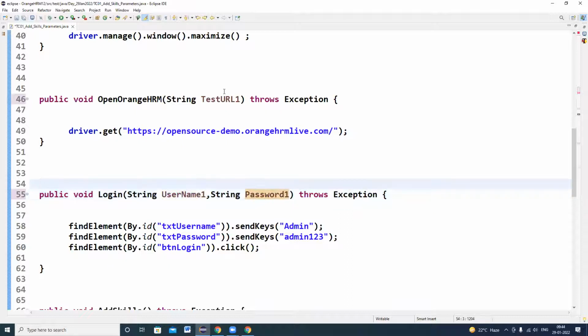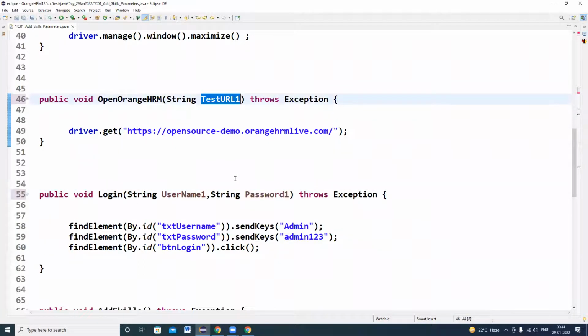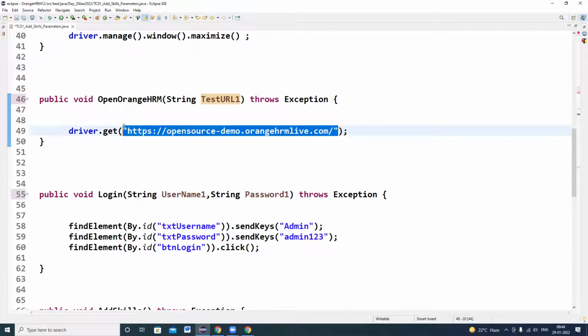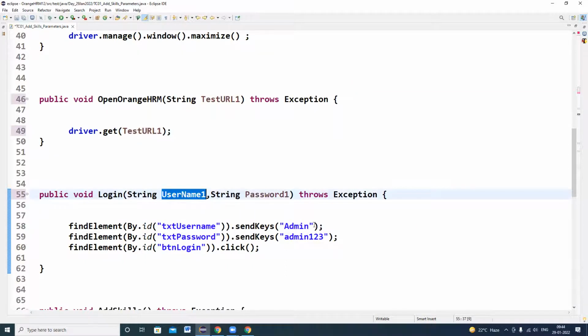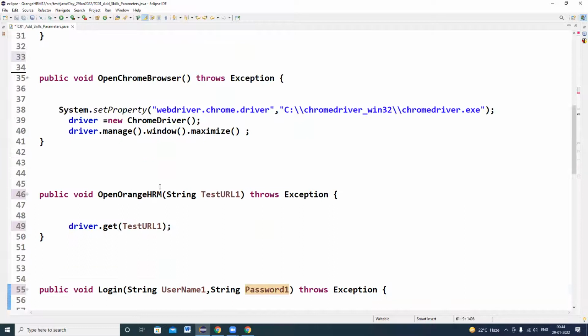So this test URL 1, I have to replace this value. So we are replacing local variables. And the username 1 value I'm replacing here, and the password 1 value I'm replacing. So the last step of parameterization is that we have to replace the values with the local variables.